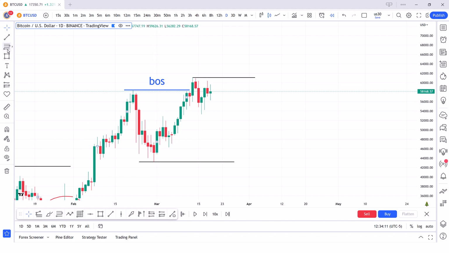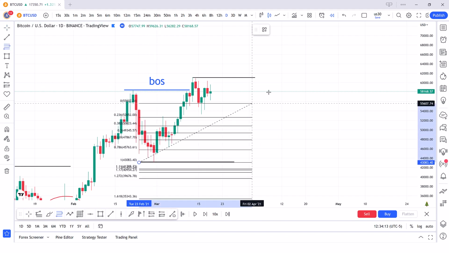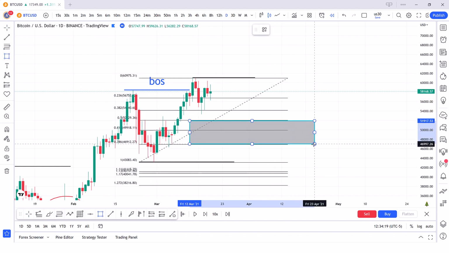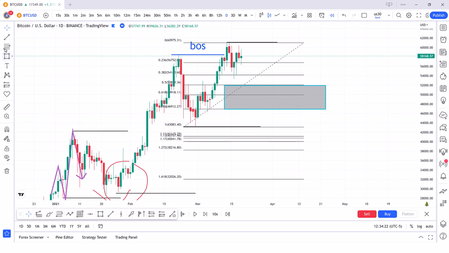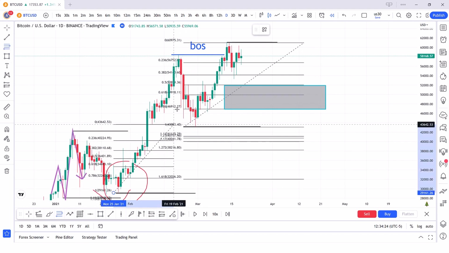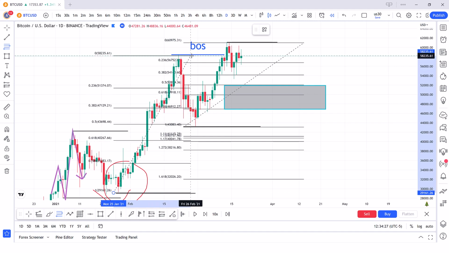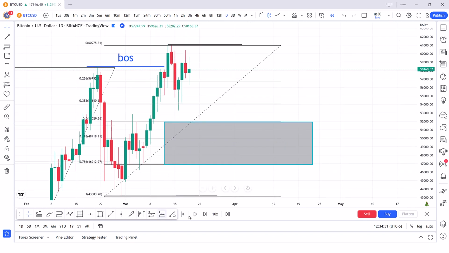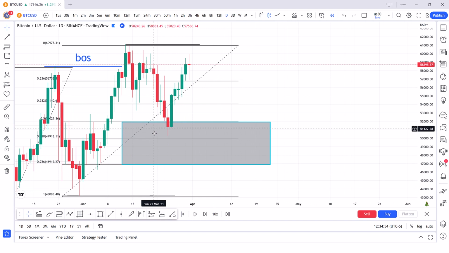Now we wait until it comes and pulls back from this leg to this leg, from 50% to 78. Another important thing is that we should keep the last leg as well. It is important too. I'm going to talk about why, because we have a big imbalance here. If the low gets broken, it may take off from this imbalance from here to here. Anyway, let's see what happens here. So we are going to wait for the market to pull back to 50% to 78. It's already a good trade.